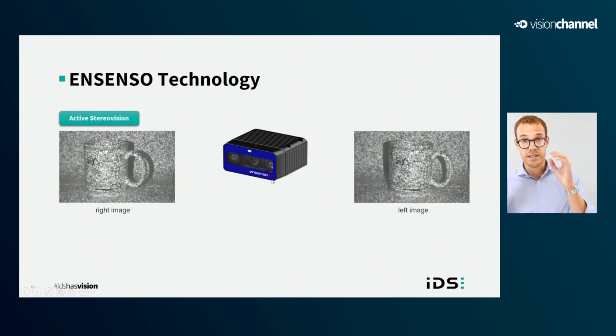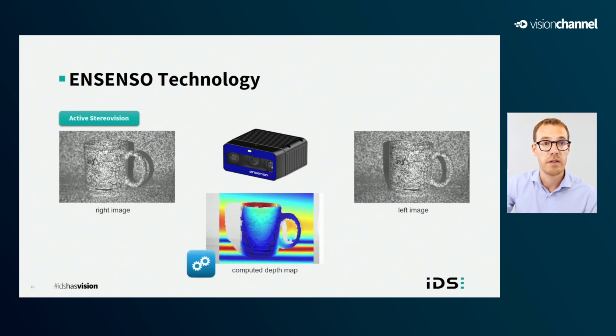Now we see the same scene, but with the random pattern that is projected. Each pixel looked at together with its neighborhood is very unique. There are no more homogeneous areas in my images. The stereo matching algorithm will hopefully be more successful, and the depth maps that will be computed will be more complete. Yet, you can see that some areas are still missing.